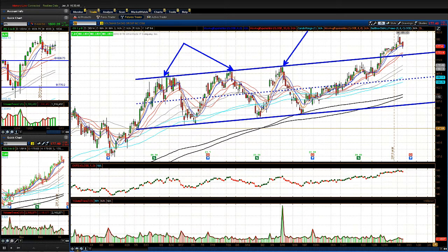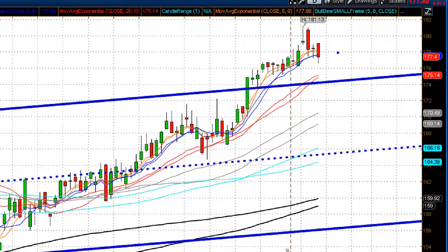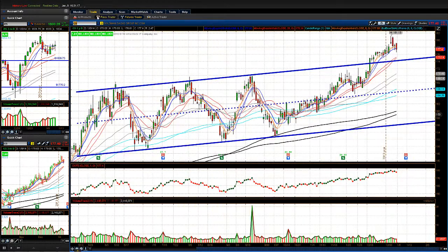All right, the retest will be down here around, say, 175.14, which is actually a high probability area to try to get involved, if you ask me, because you have the rising 20-day moving average and you have the trend line right there. So if it was to flash down there, I do think you at least would be able to get a scalp. So keep an eye on that 175.14 and draw these key trend lines in on your chart if you don't have them in already on your daily time frames. They are very helpful. So Goldman Sachs,